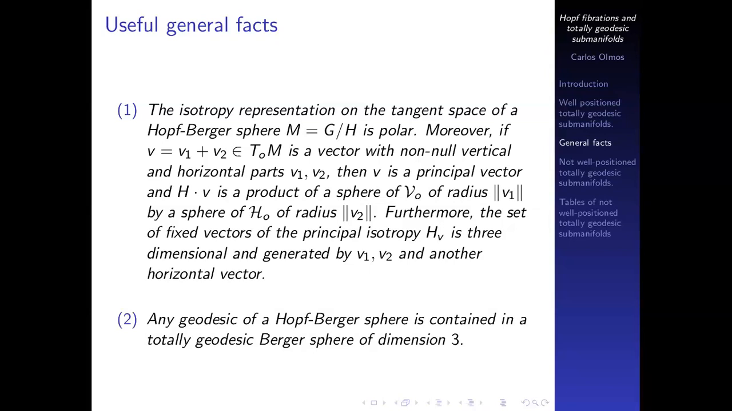Any geodesic of a Hopf-Berger sphere is contained in a totally geodesic Berger sphere of dimension 3. Because of that, I choose a geodesic. Suppose both components of the tangent of the velocity, the horizontal and the vertical part, are different from 0. Then the orbit of the isotropy of this is a product of spheres. The normal space is spanned by V1 and V2, and then we have